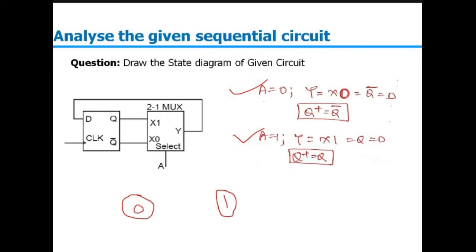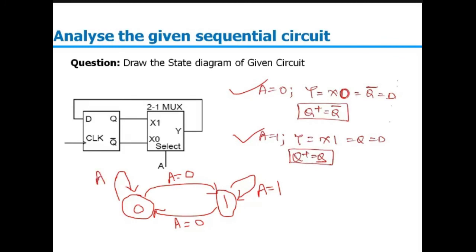Now, depending on the input, if A is 0, the state is getting changed. Q is equal to Q bar. So for A is 0, the state is getting changed. When A is 1, the next state is the same as the previous one. Q plus is equal to Q only when A is 1. So when A is 1, it is the same state only. The next state will be equal to my previous state. That's what we have made.